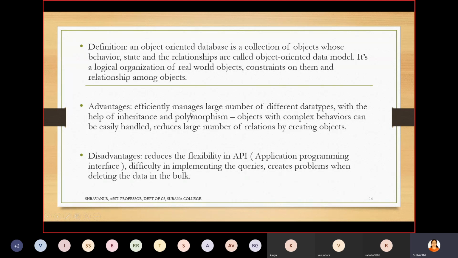Inheritance is taking the properties from the parent to the child, and that child will pass the properties on to its own children. For example, if animal is the main root, it has two kinds of children: domestic animals and wild animals. So from the animal, the properties are taken by the two children, domestic animal and wild animal.